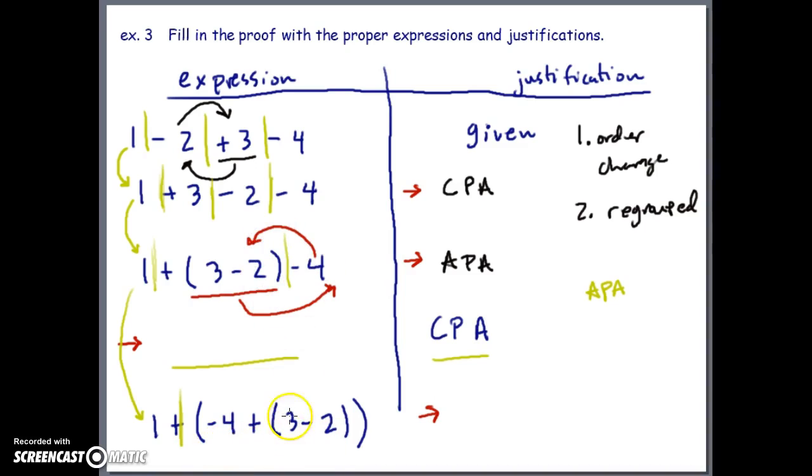You can see that right here. And then it looks like they regrouped. To write that correctly, it would be 1 plus, actually we don't need the plus. The reason we don't need the plus is we're commuting something that has a negative, so we can say 1 minus 4, parentheses, or plus parentheses 3 minus 2. Now it's correct, and then our last step is they regrouped, they added parentheses, and that would be a